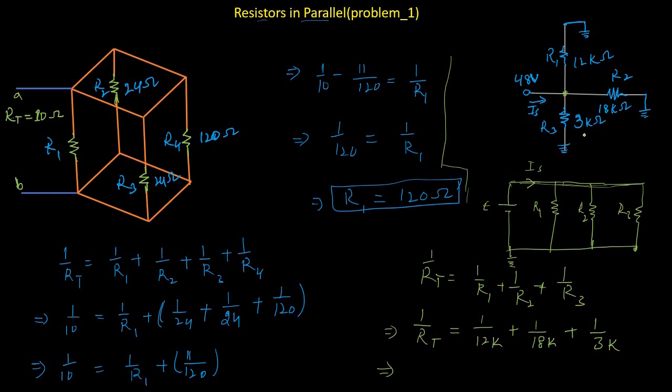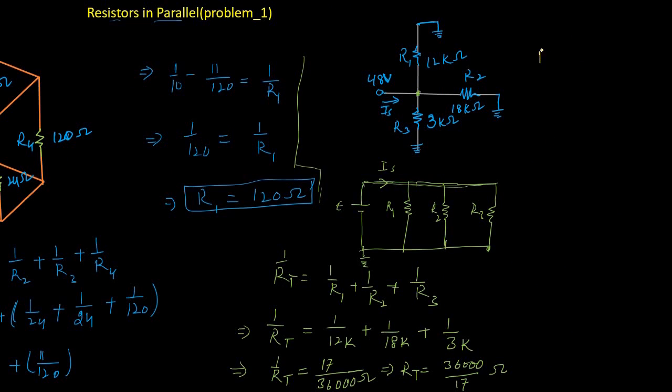So for the equivalent resistance of this parallel network, 1 divided by RT equals 17 divided by 36,000 per ohms. So now from this equation, RT equals 36,000 divided by 17 ohms. After calculating this, we get RT equals 2.118 kilo ohms. Now to find the current from this source, we can use Ohm's law, which states that